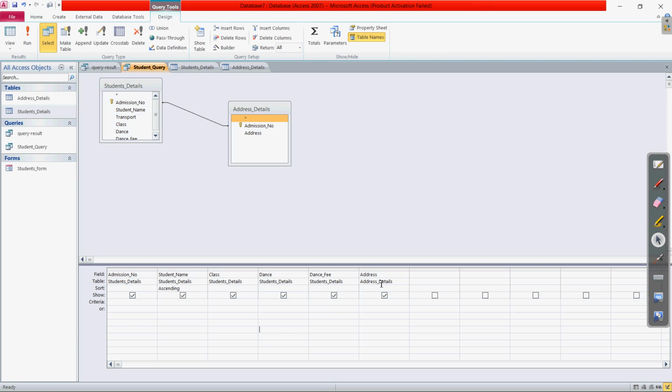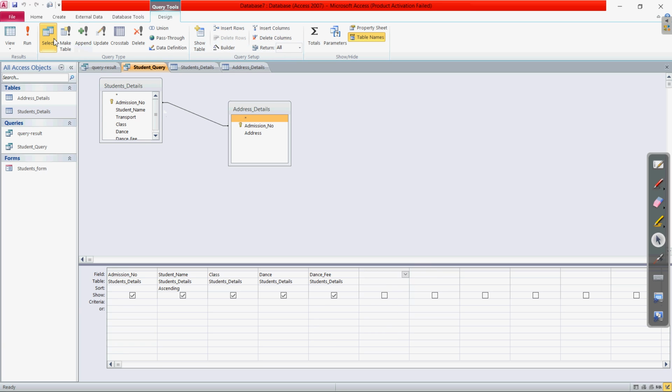How to do? When you bring the cursor to this address detail at the top corner, you can see there is a downward arrow button. Now click on that. So this will select this specific field. Now click on the delete column. So here you can see we are having this delete column option. So we have to select that or click on that. So I am clicking on the delete column. When I click on this, that specific column has been deleted.